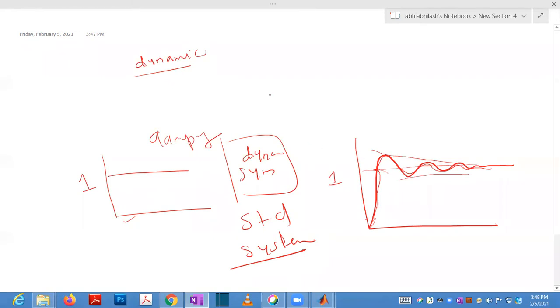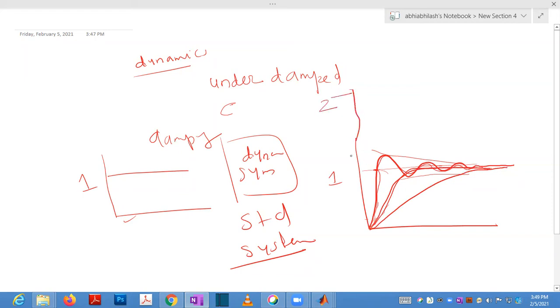This is only for systems having underdamped behavior. Critically damped comes like this only. This is the critical damping; it will not cross it. Overdamping means it will be like this. And undamped means it will oscillate like this.